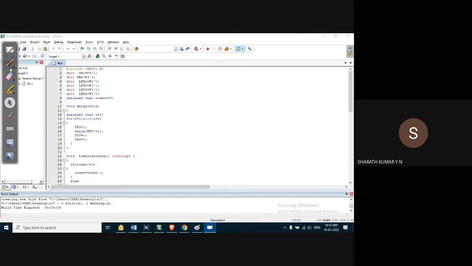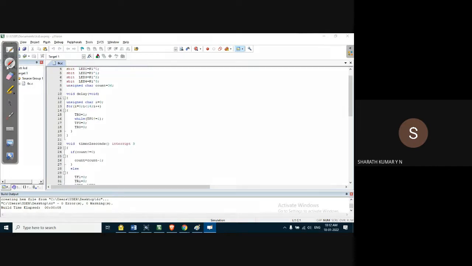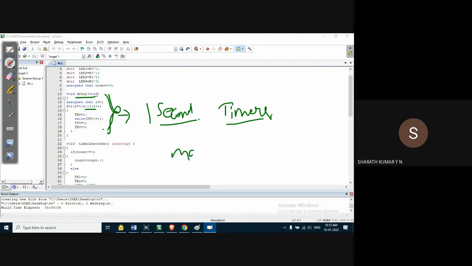This program part is very simple, and in this program part you are very familiar. Delay part, 40, but this is for the 1 second delay. Though we are using the function method, the subroutine method, we are using timers, because timers will give a more accurate delay compared to the subroutine method. Why do I say subroutine? Because we have written the delay in a subroutine instead of writing it in the main program. We are writing it in a separate function, the delay subroutine.